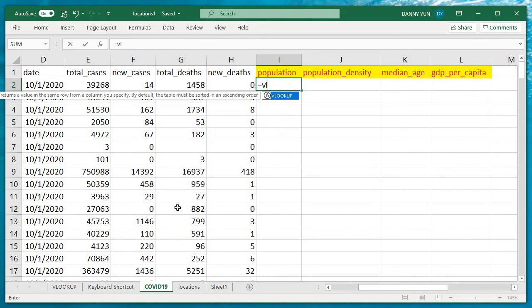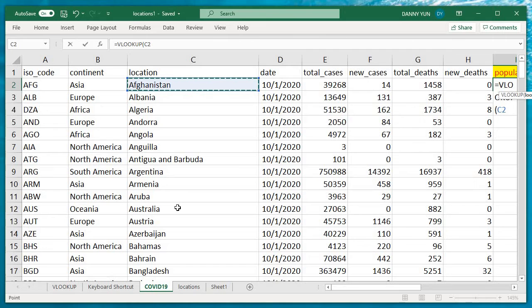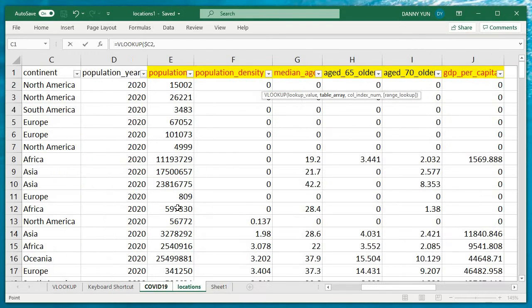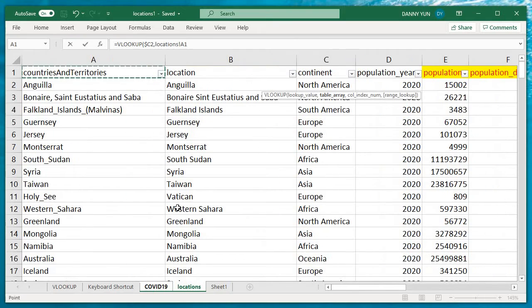Enter VL and Tab to complete the VLOOKUP name. First argument here, lookup value. Lookup value is a location, C2, and we need to lock the column and open the row. So hit F4 one time, second time, third time, so that it locks the column but leaves the row open, and comma. And table array, we're going to move to the location tab by entering Control Page Down